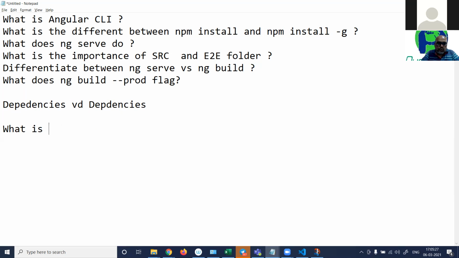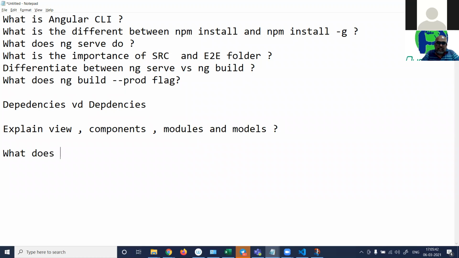What is a view? Explain and draw diagrams, guys. Draw diagrams on paper and give a print shot on your blog. Explain view, components, modules, and models. What does each layer do? What is the responsibility of each layer? This is part 2.